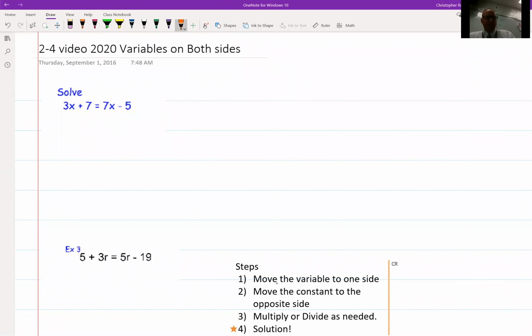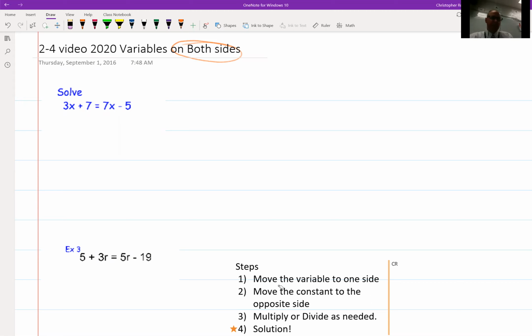Hey there, we're going to move ahead here and keep working on these equations. We now have variables on both sides of the equal sign. So we have a little bit of extra work to do, but totally stuff we're ready for. What we have to do is decide that we want to move all the variables to one side or the